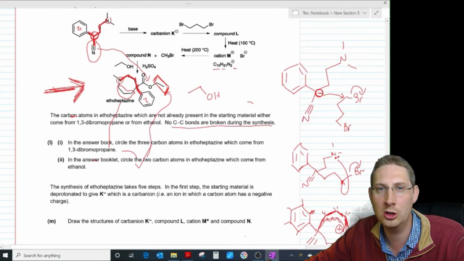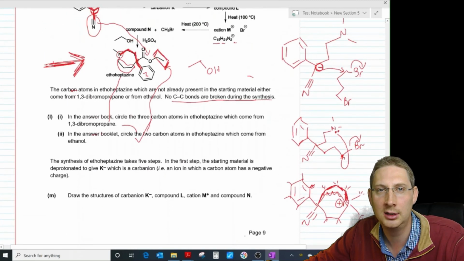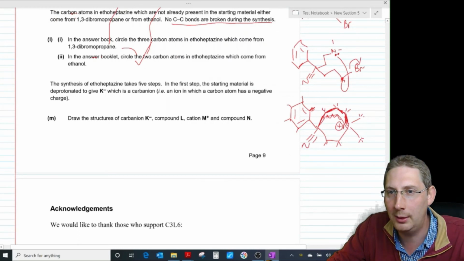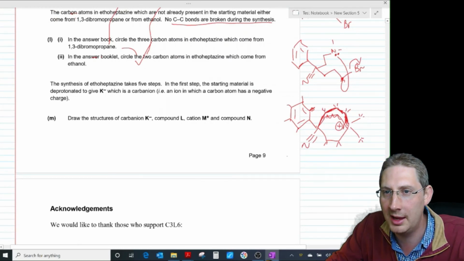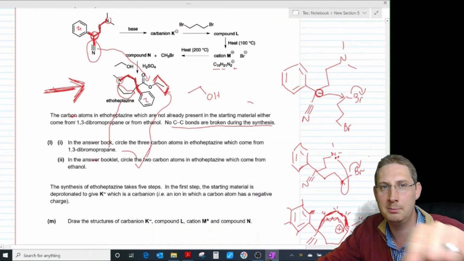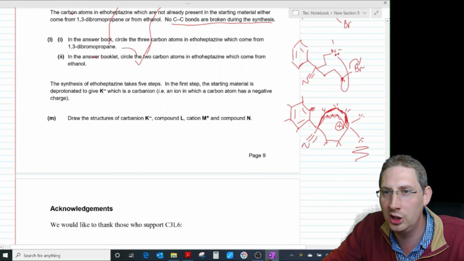So I've got compound cation M. If I heat it at 200 degrees C, it generates CH3Br and compound N. Right, well, somehow I've got to get rid of one of these methyl groups, right? So looking at the product, there's only one methyl group hanging off that nitrogen. So let us presume that,